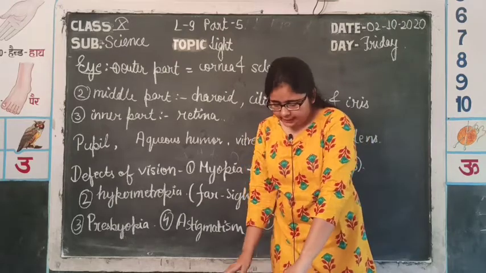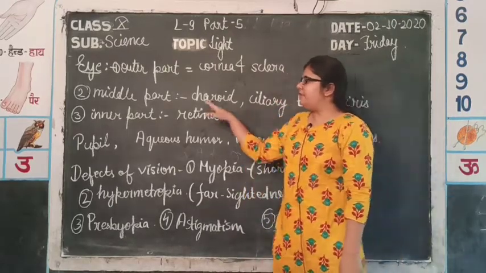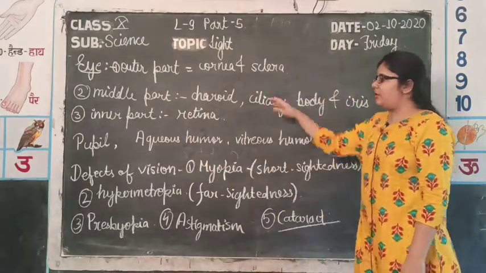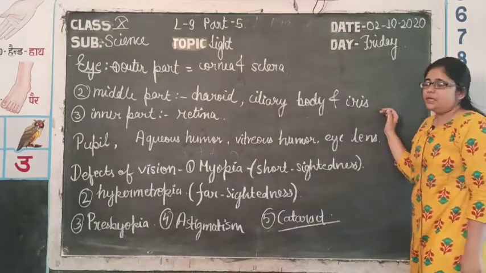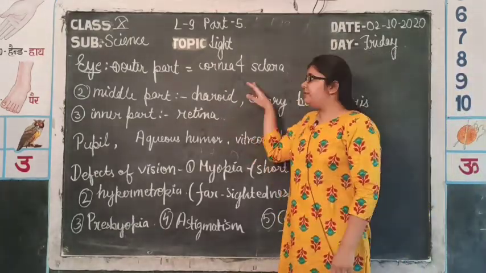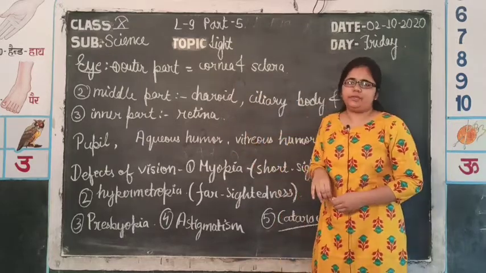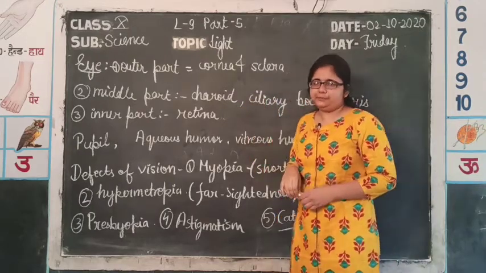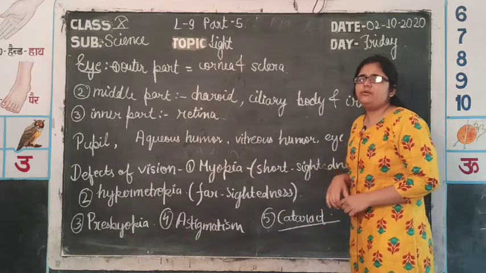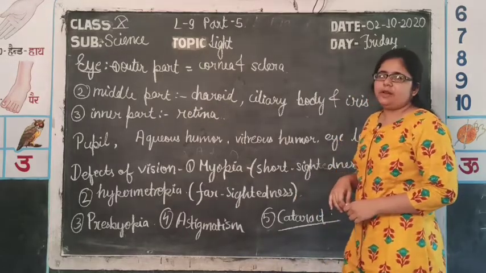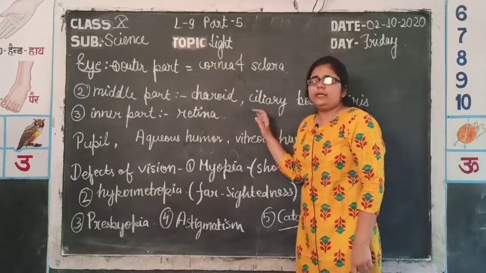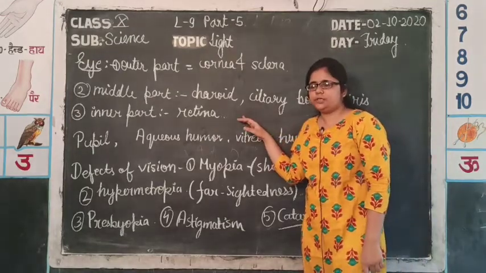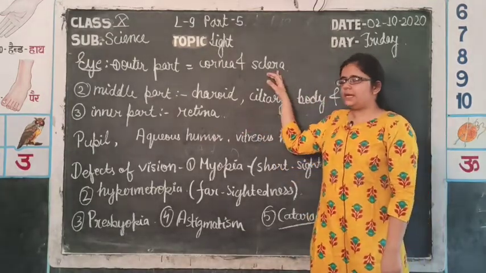So, sclera and cornea were the outer part of the eye. Now we will study the middle part. In the middle part there are three sub parts: first of all choroid, then ciliary body and iris. Choroid is a part which is present between sclera and retina. Choroid provides nutrition and oxygen to the sclera and retina. It also absorbs the excess amount of light and prevents the reflection of light in the internal part of the eye. So, it helps in clearing the vision images and in contributing nutrition and oxygen to the eye, mostly the parts sclera and retina.